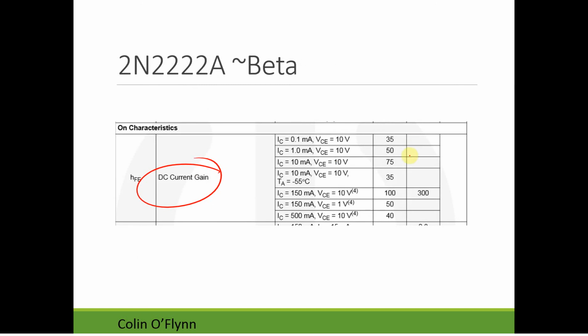In this example, you can see if there's a milliamp of current flowing, it's about 50. If there's 10 milliamps, it's about 75. And at that same 10 milliamps but at a colder temperature, it goes way down to 35. So it varies a lot, but you can see it's always around this 50-ish, 30 to 50 to 100, depending how much current's flowing.